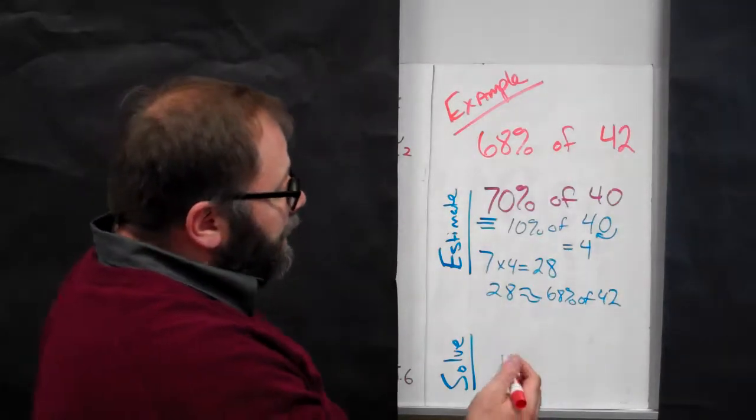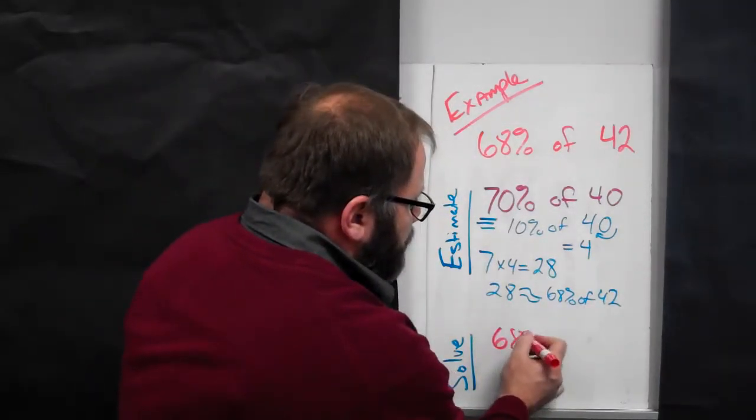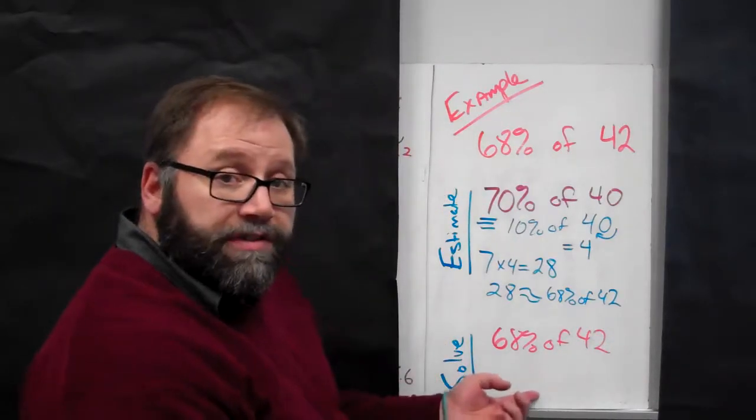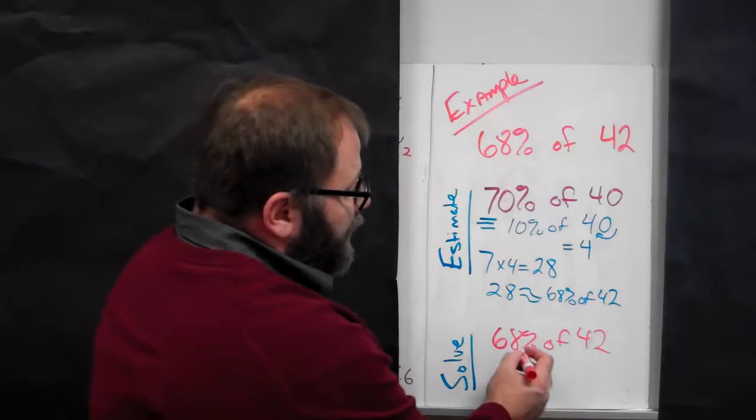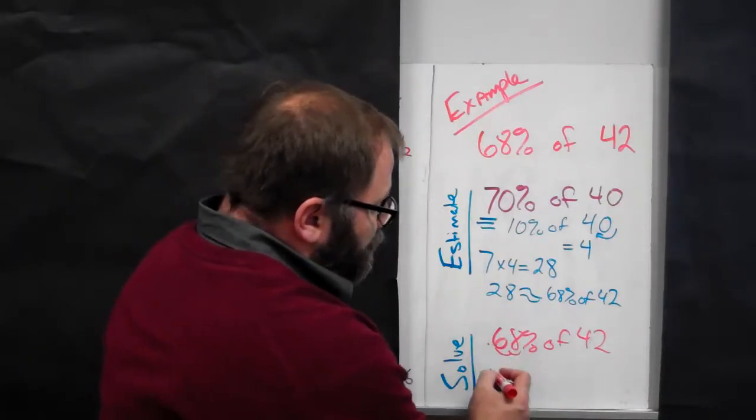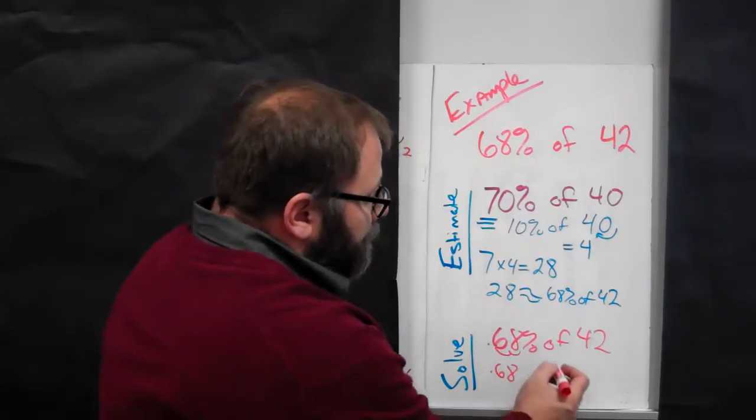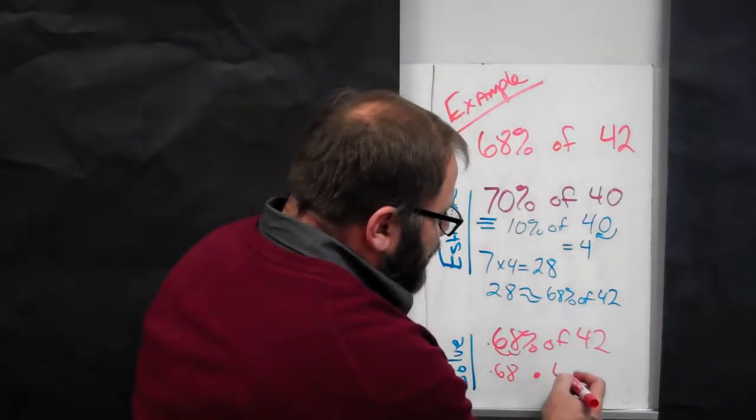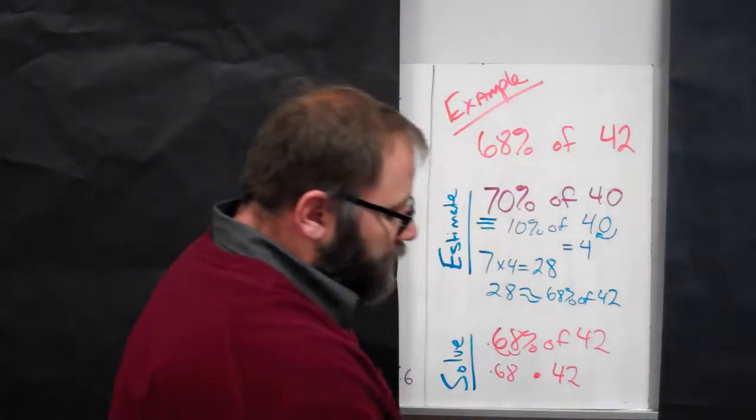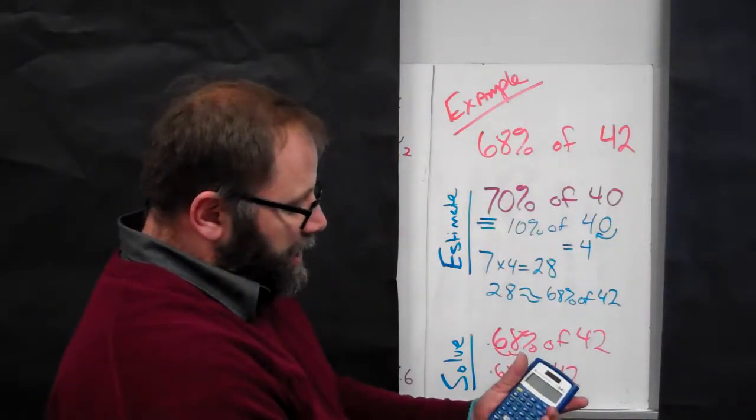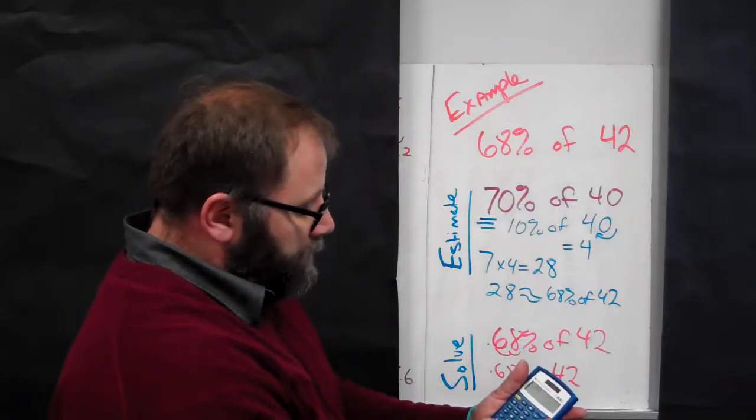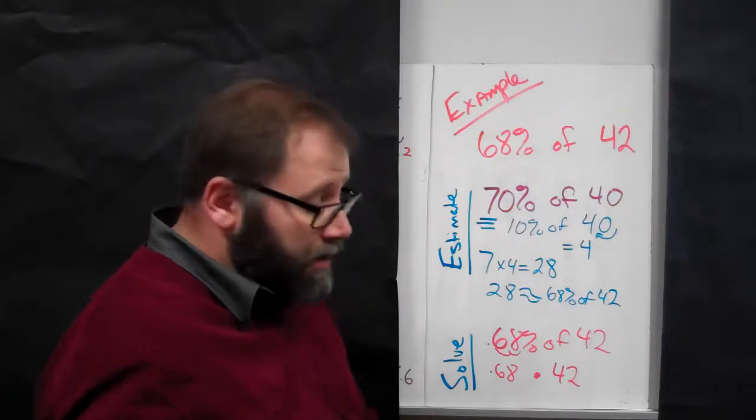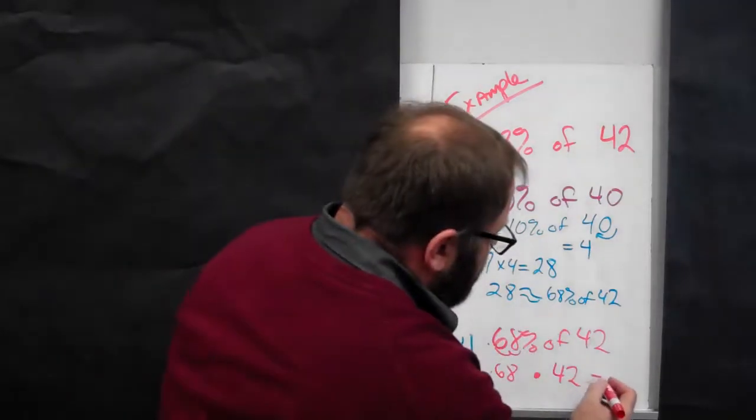Now let's do it with the calculator. As we would write this in the calculator, we have 68% of 42. Translate this into our math widget. We convert 68% to a decimal, which gives us 0.68. Of becomes multiplication, and the 42 is a constant, so it just stays 42. Then we hit clear, and 0.68 times 42, or 68 hundredths, as Ms. Benoit would like you to say,